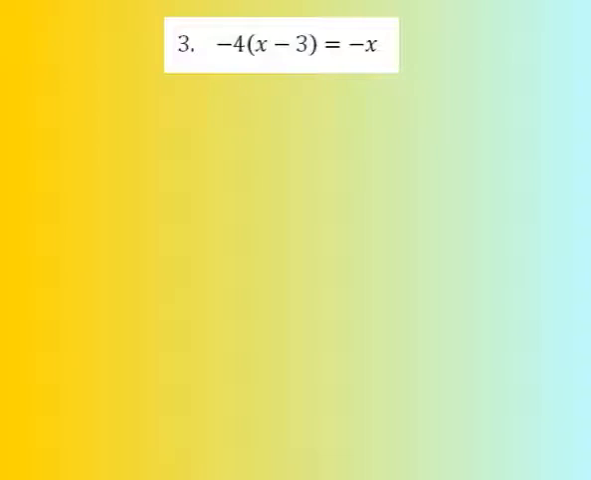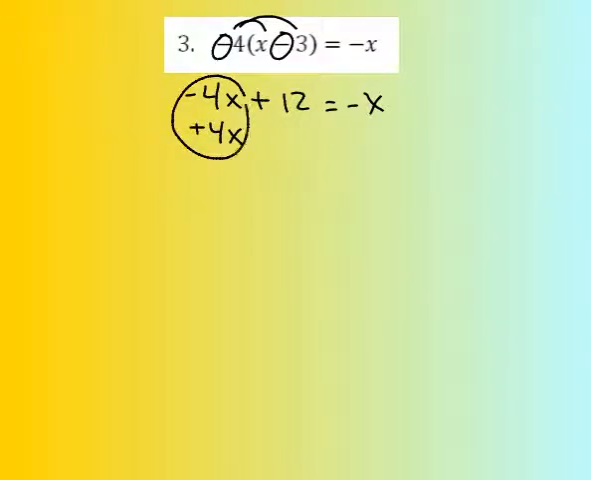3 is a good one because we're going to be distributing. It's called distributing when you do both of those. So negative 4 times x is going to be negative 4x. Negative 4 times minus 3: this is one negative, this is another negative, so it's going to be plus 4 times 3 is 12 equals negative x. Here would be a chance to add 4x,